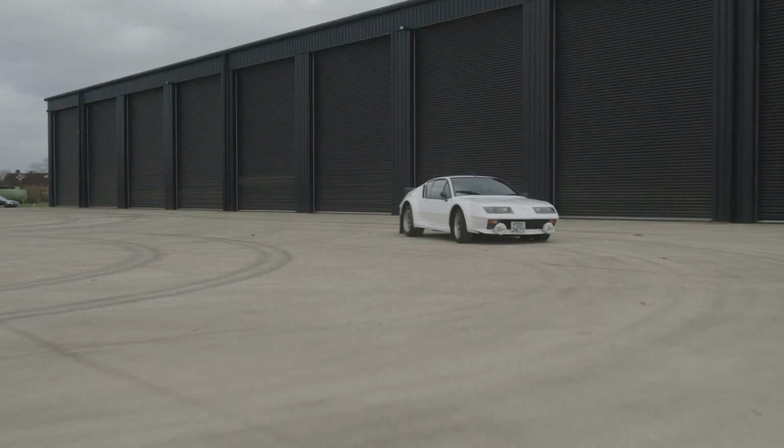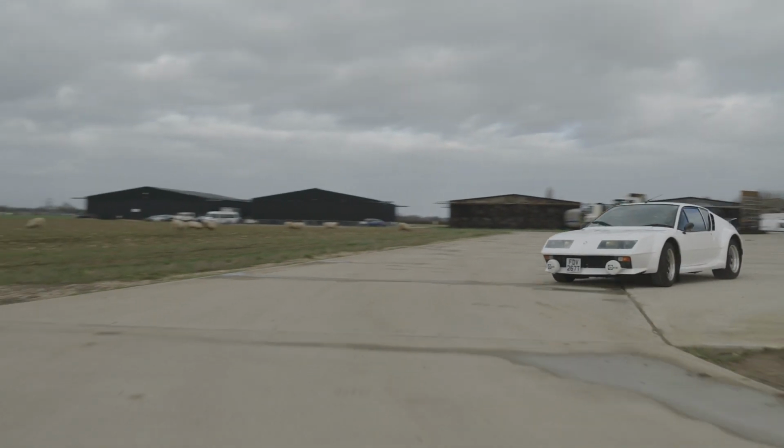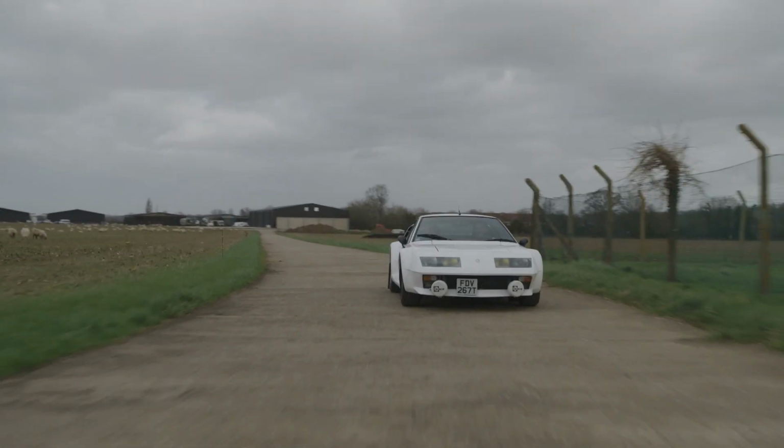So this is a 2.7 litre, and I think it's a Gordini 4-cylinder engine. Right. It's derived, I think, from the A110, and a very similar engine was used throughout into the racing programme, which I'm told was particularly successful. Quite punchy, I would imagine, under power. I would say this is a, what's this,